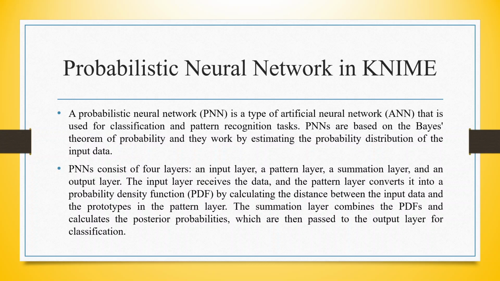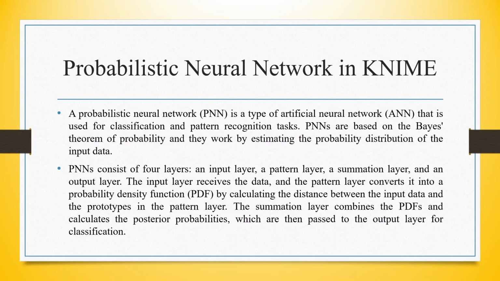data. PNN consists of four layers: an input layer, a pattern layer, a summation layer, and an output layer. The input layer receives the data and the pattern layer converts it into the probability density function by calculating the distance between the input data and the prototypes in the pattern layer. The summation layer combines the probability density function and calculates the posterior probabilities, which are then passed to the output